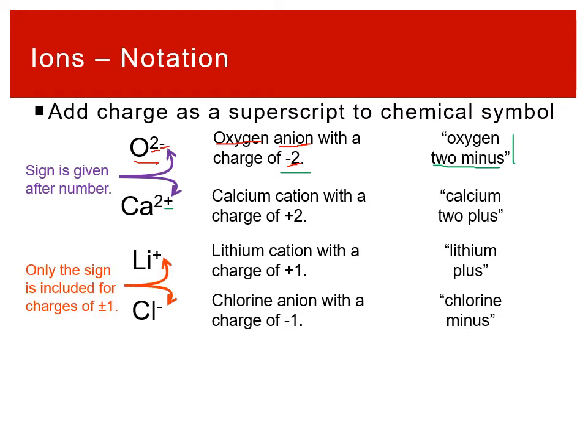For positives and negatives, for things that are plus or -1, we don't include the number. This is an idea that we're going to see come up again, that chemists are pretty lazy when it comes to notation. If there's a 1 that could be written there, we generally just drop it. So instead of saying lithium 1+, we would just say lithium plus. You can think about this similar to algebra, where if you have just x, you don't write 1x, but if you have 2, you write 2x,